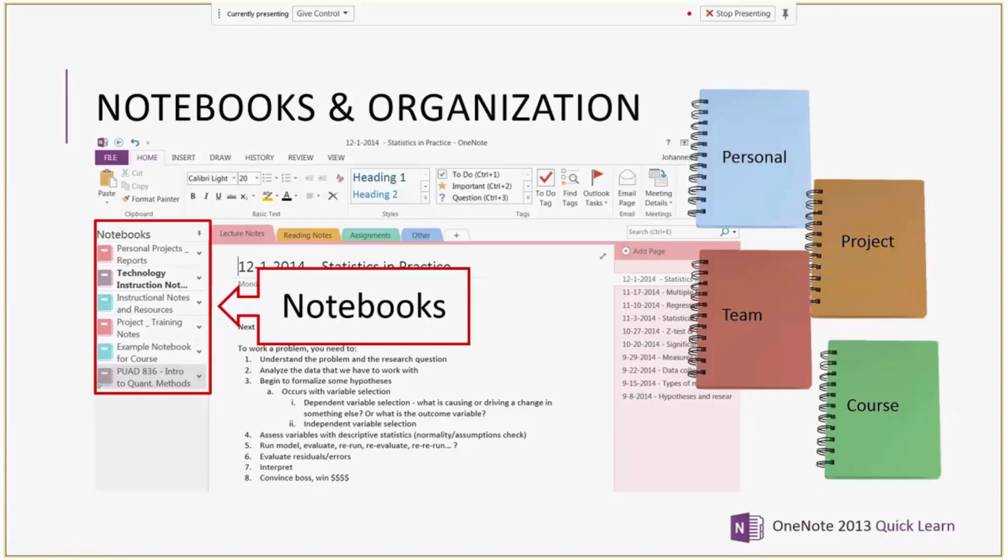I like to set up one for each course because sometimes you're working with a group and your classmate is like, hey, you took really good notes in this class. Could I get a copy of your notes? Well, if you have all of your courses in one notebook, there's going to be a lot of stuff that's extraneous. So I like that because then I can just share that notebook with a classmate and they can see my notes.